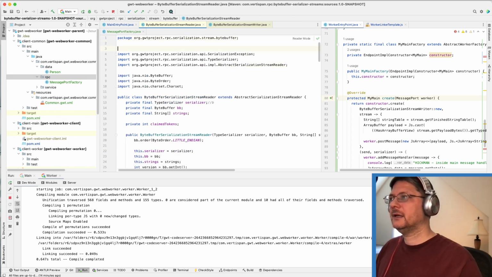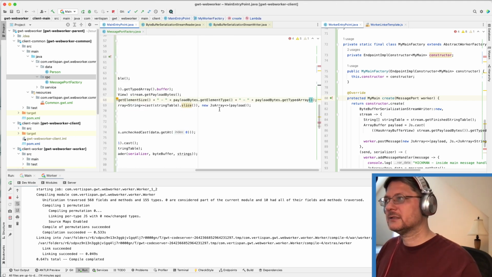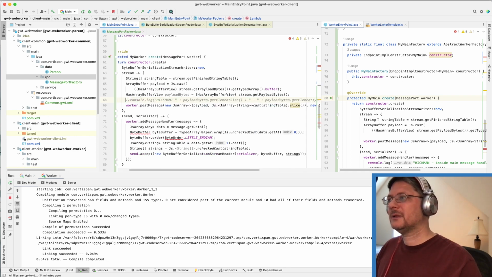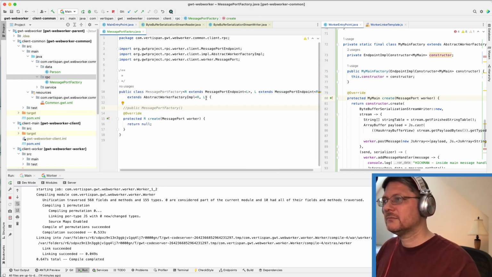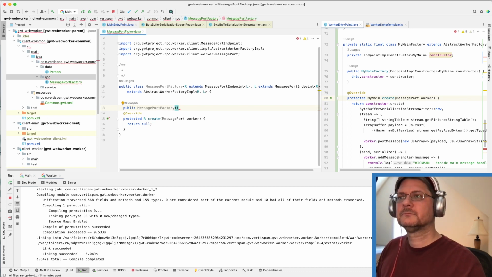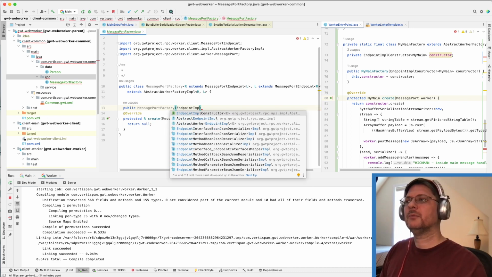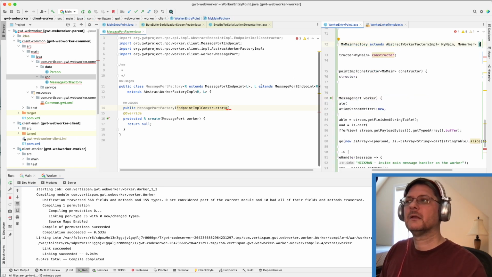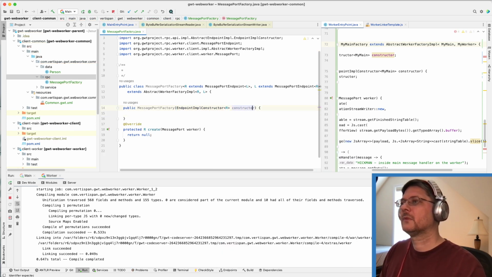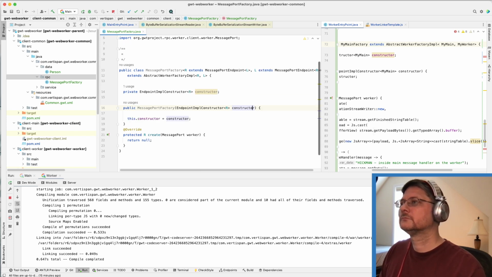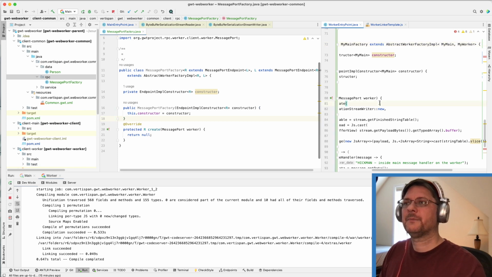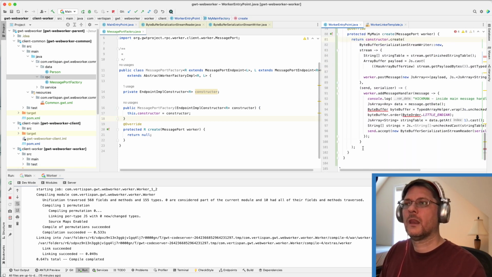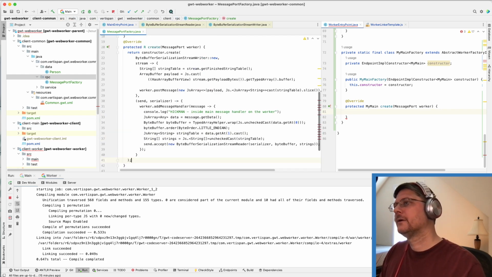Oh, all right. Just give me a couple of seconds. Just comment that out. I was creating my own message port factory. Endpoint impl constructor of remote. Okay. And in here, oh,